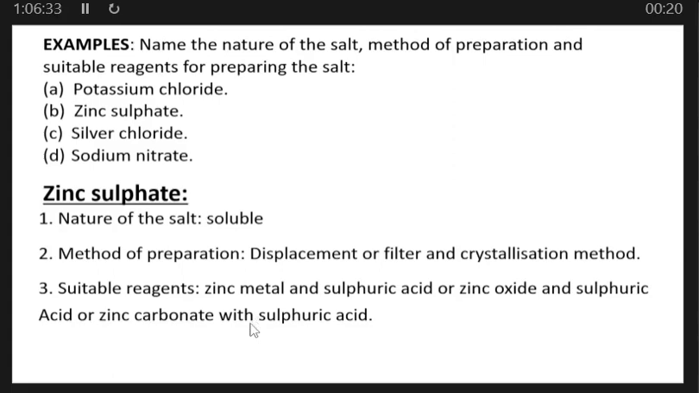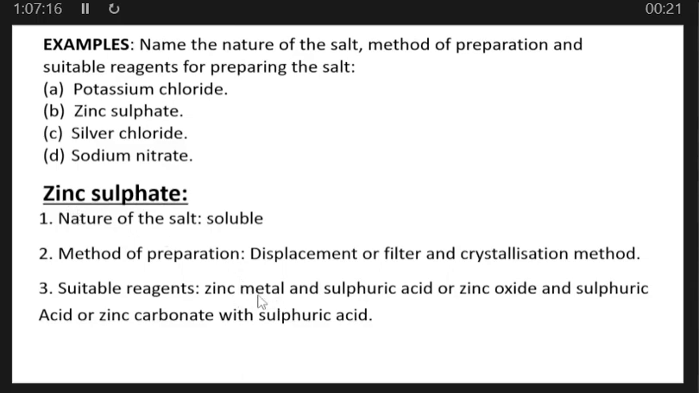All right, so now if we talk of the actual reagents that we can use to prepare zinc sulfate, the suitable reagents are zinc metal. So zinc metal will provide the zinc. Then the suitable acid is sulfuric acid. So sulfuric acid will provide the sulfate here, and the zinc will be provided by the